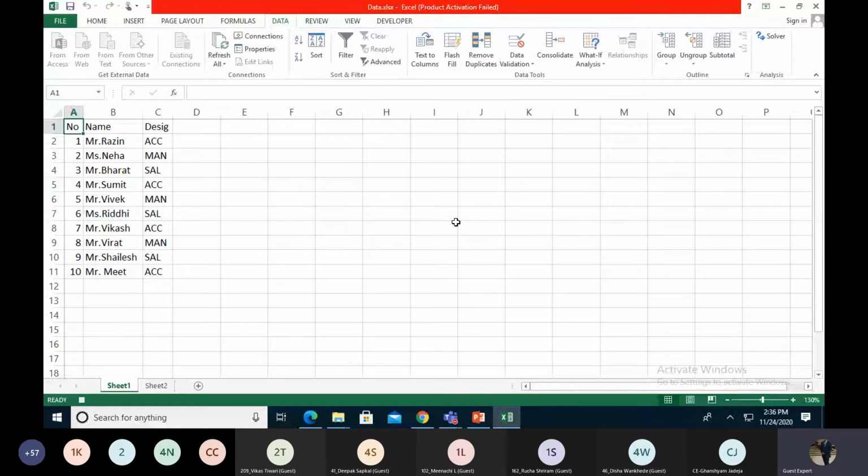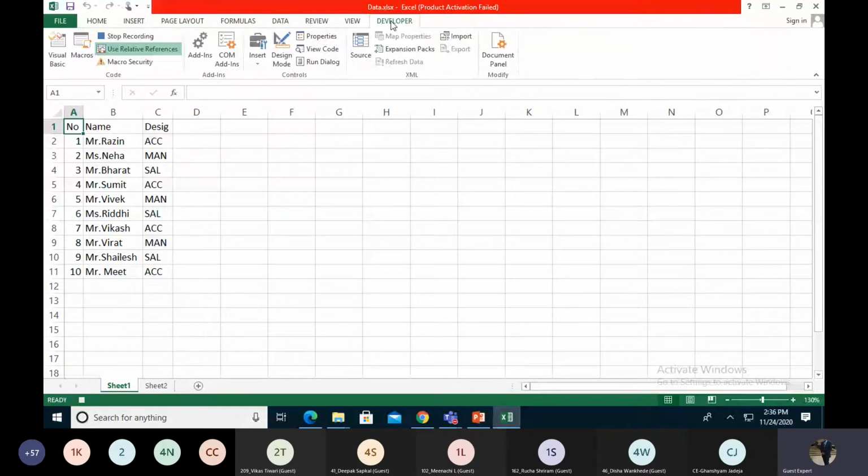Okay, and then I do the repeated task once again. First I will check that my relative reference is on. My relative reference is on. So Control and jump to the designation. So I jump to the A to C column, because the relative reference is recording all the things. I'm not counting the column where I'm moving from A.